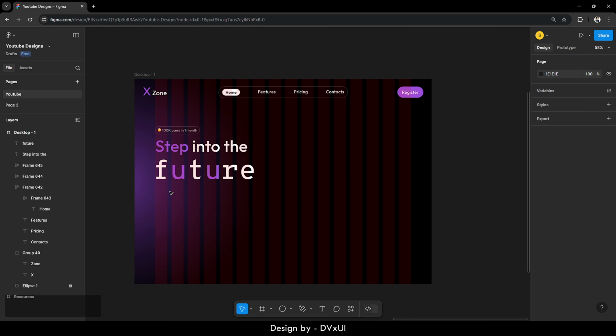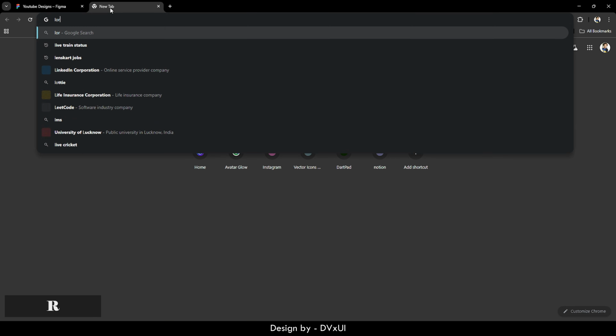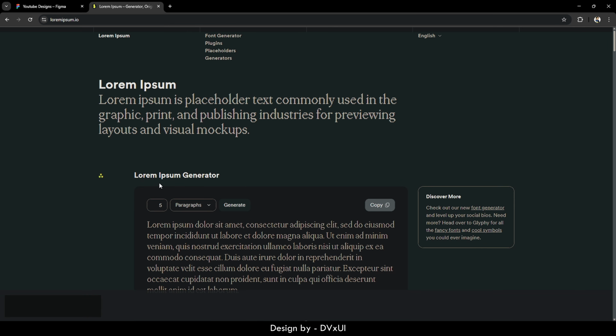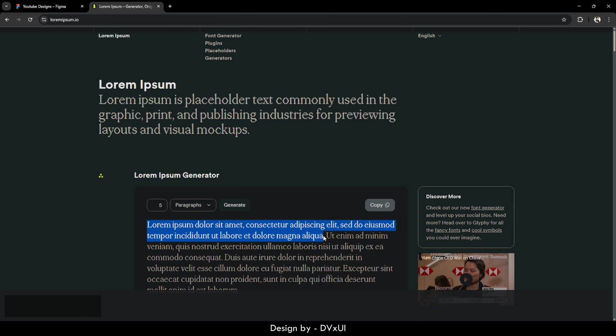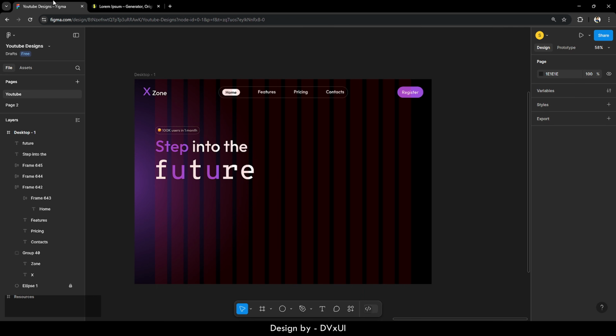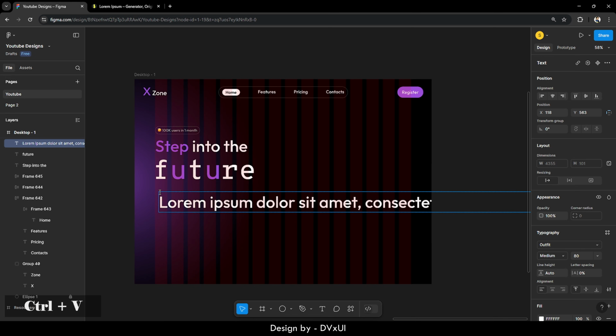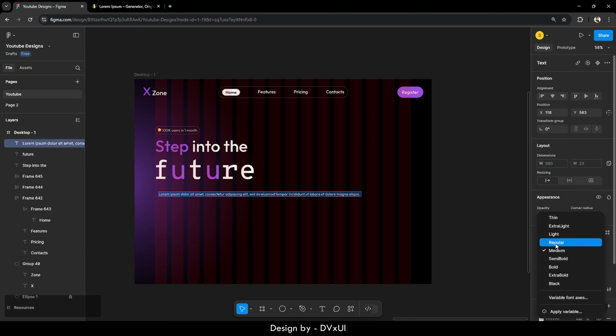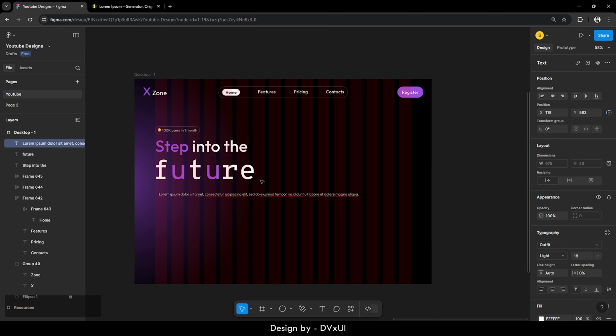So yeah, this is good. Now we need a dummy text over here for the description of this website. So we will go to the new tab, and here I'm going to write lorem ipsum.io. In this website, I will select this much of the text, copy it, go here, take a text and drop it over here. Now select it, change the font size to 18 with light font weight,